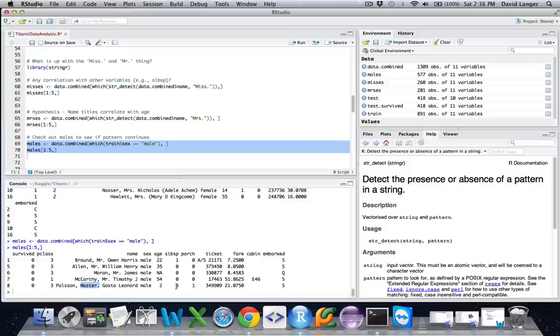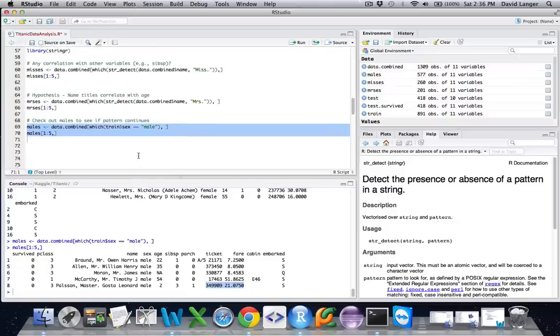And this would also be borne out here because a 2-year-old is unlikely to be married to 3 women simultaneously, so it's more likely that Master Gosta Leonard Poulsen is traveling with 3 of his siblings and 1 parent, and that was probably borne out by the fare because he's in 3rd class. 21 pounds for a 3rd class ticket's pretty expensive, so that would probably be indicative of a family traveling together. Okay, so